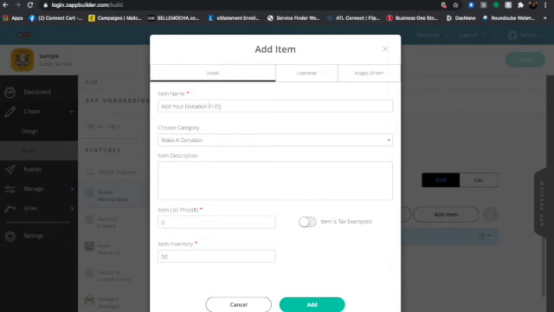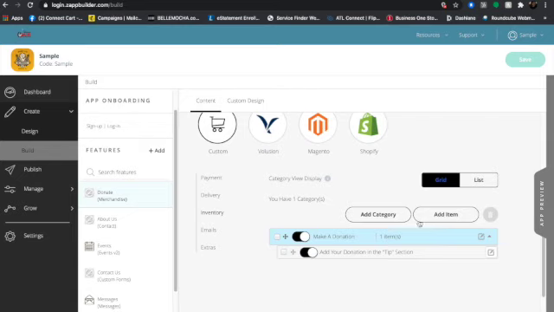You gotta have a category and an item. It's not gonna work with just the category. So you could have it where the price of the item is $0, and in the tip, that's where they'll select or put in how much they want to donate. We don't ever want to run out of donations, so